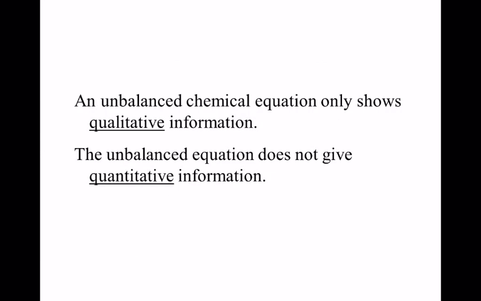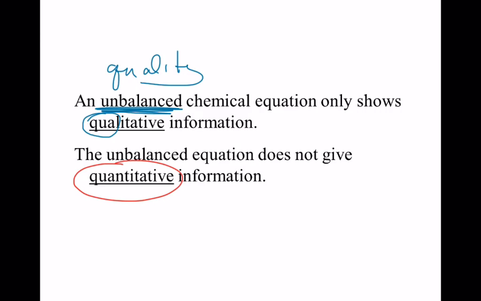So an unbalanced equation, we were just talking about how chemical equations describe chemical reactions. And if it's unbalanced, it gives you what we call qualitative information. The word qualitative you might get from quality. Basically the general bird's eye view of what's going on with regard to the reaction. What it doesn't give you is quantitative. Of course, the word in quantitative is quantity,